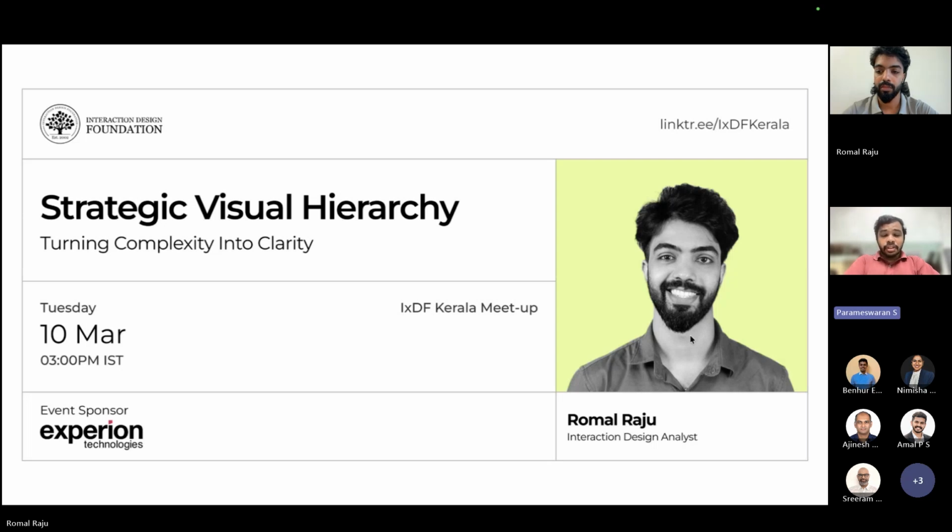In many digital products, the challenge is not the amount of information, it's how the information is presented. When everything looks equally important, users feel lost. But with the right visual hierarchy, designers can guide attention, create clarity, and make even complex applications feel simple and